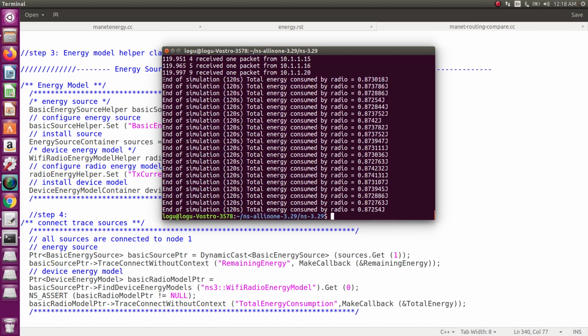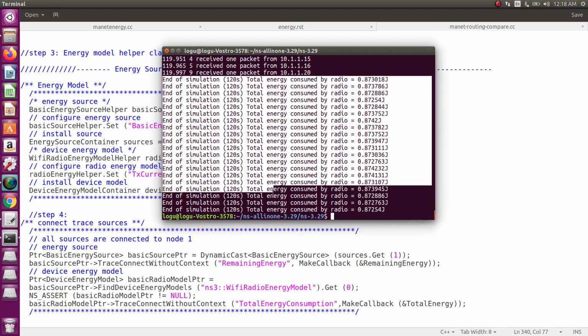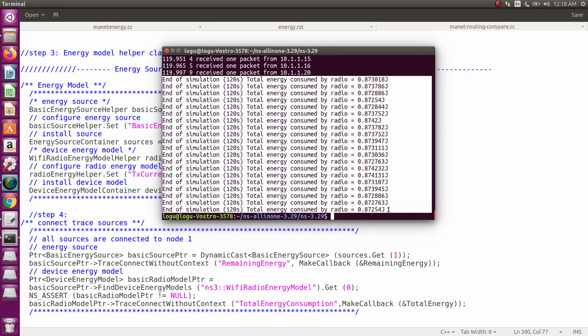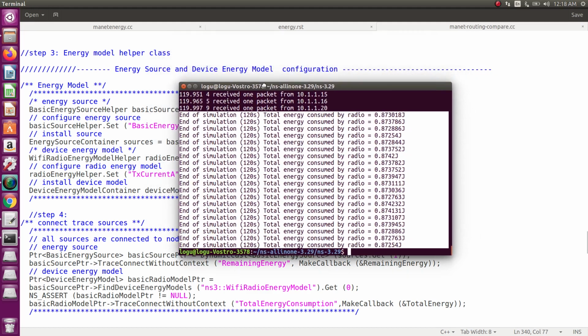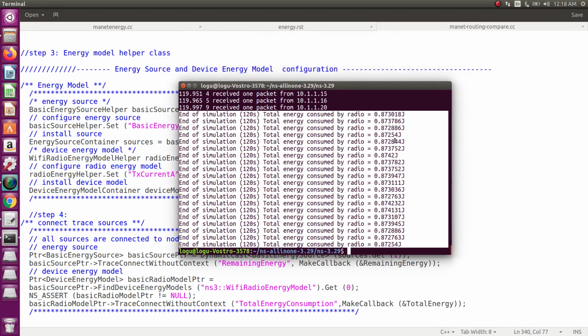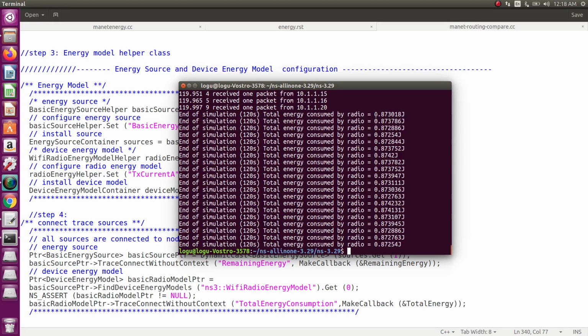At the end of the simulation, if you want to measure how much energy is consumed by each and every node, I am using 20 nodes. Each and every node has consumed this much energy. I said the initial energy is 1 joule. Now it has consumed 0.873018.